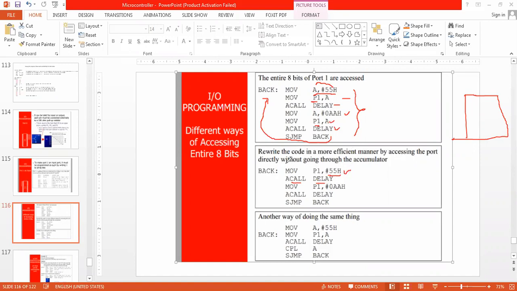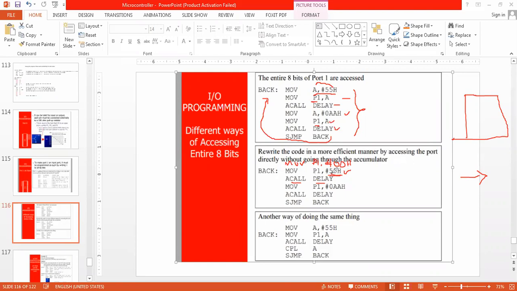So first I have to write MOV P1, #00H. Now all the bits of P1 are 0 0 0 0 0 0 0 0. That is why it is going to act as an output port. Then whatever value I put on P1 is going to be sent out.